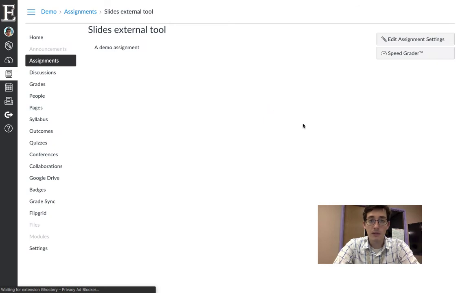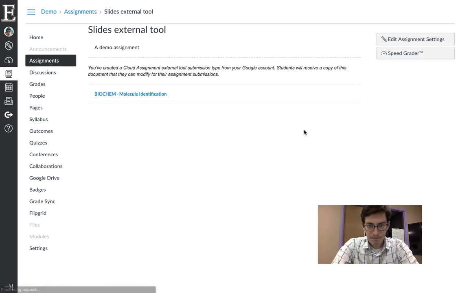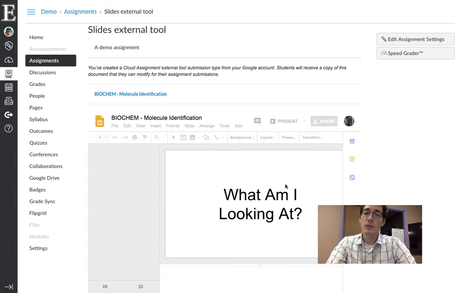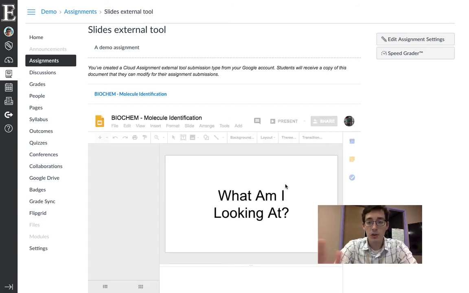Once this is set up, it gives you a preview of what the assignment will look like for students. So you're actually going to see a view of your document or your slideshow. So right now, these slides are going to pop up. And your students would then run through and essentially follow whatever instructions you give them. So I'm going to switch over to my iPad now and show you what it looks like in the Canvas